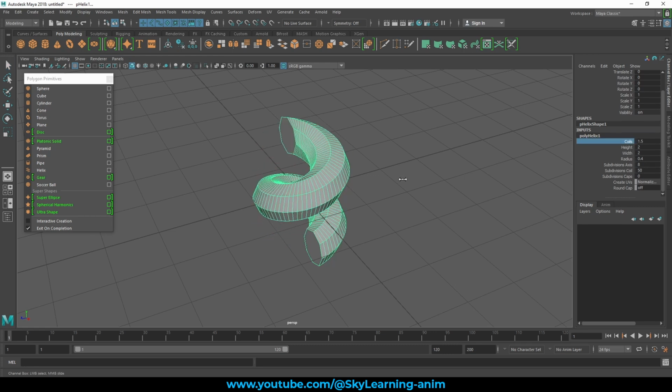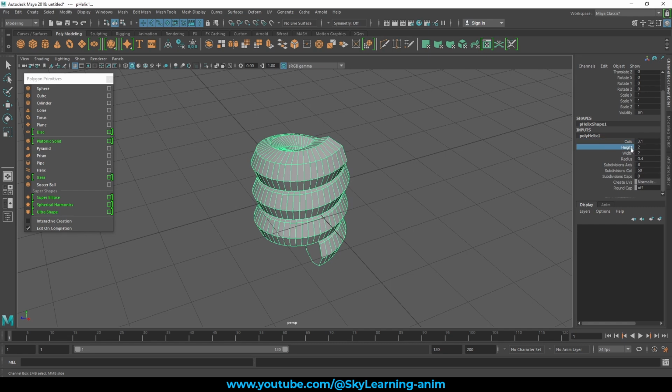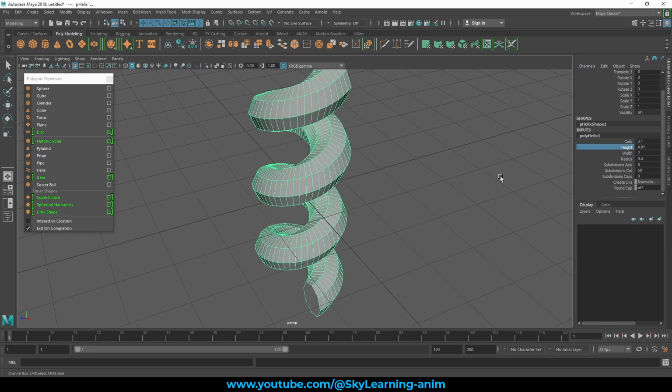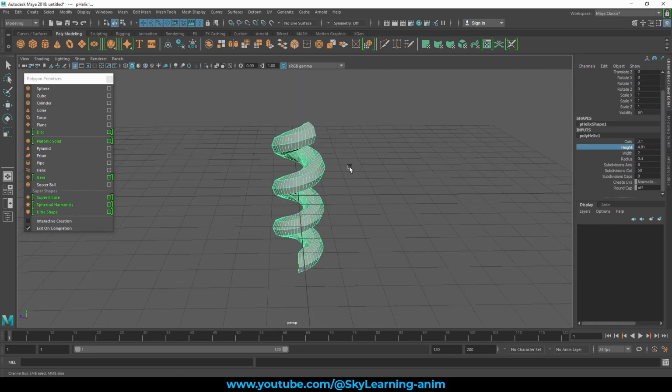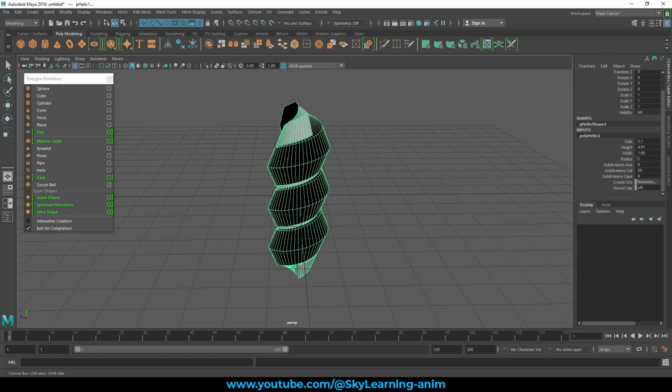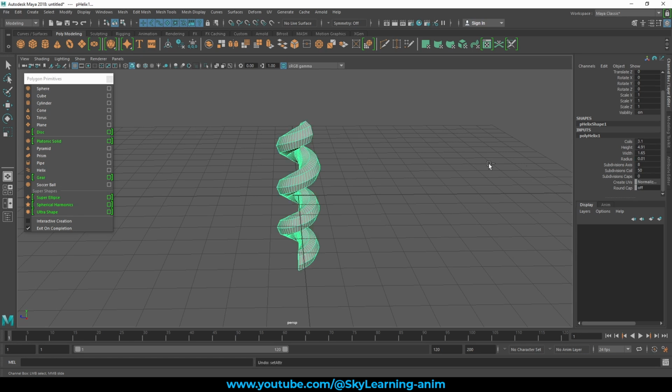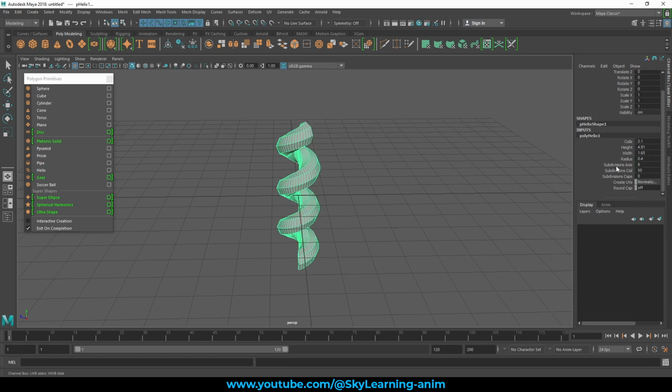For more coils, we can change the height. With more height, we can use it as a spring or rope. We can play with the width and the radius. Then we go to the subdivision axis, which makes it smoother. If we need more shape,